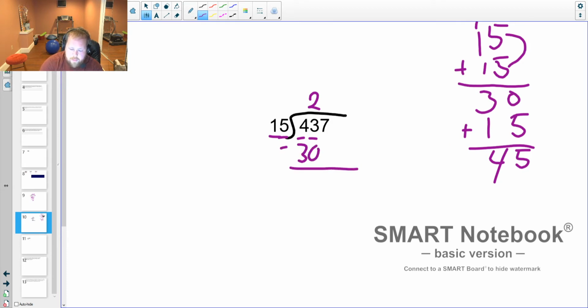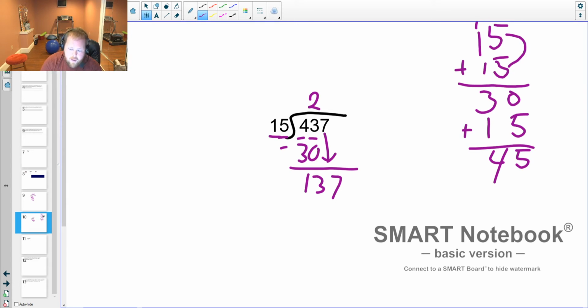Now I'm going to subtract. 3 minus 0 is 3. 4 minus 3 is 1. Can 15 go into 13? No. But always bring down the next number and you get